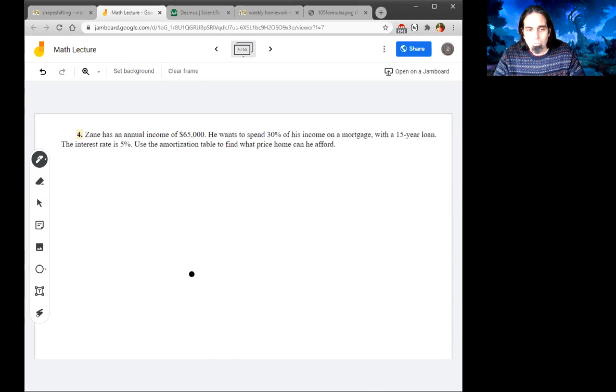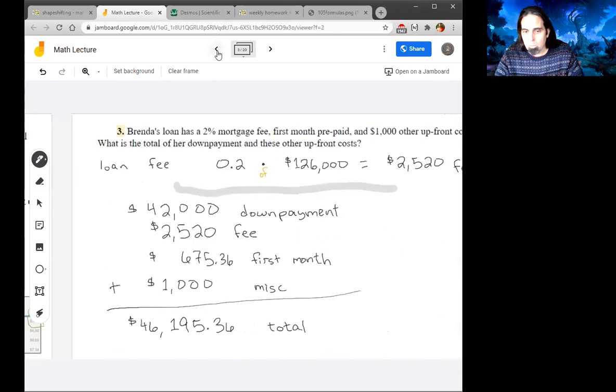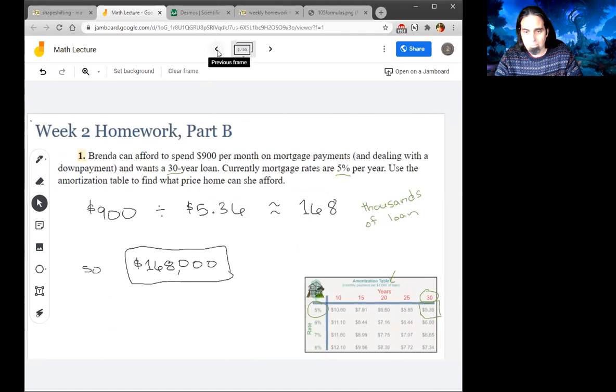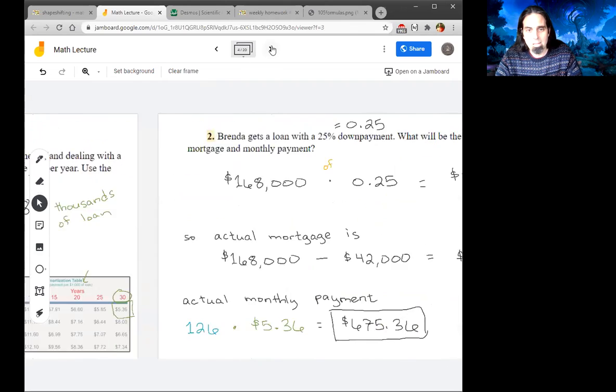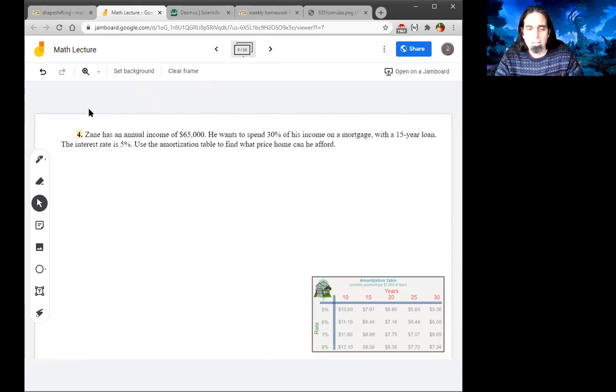Okay, so 4 is just like 1. I will grab the table. Here, table. There we go. The problem is that Zane is trying to trick us. Instead of saying 900 a month, he says you have to work a little bit. So his monthly budget